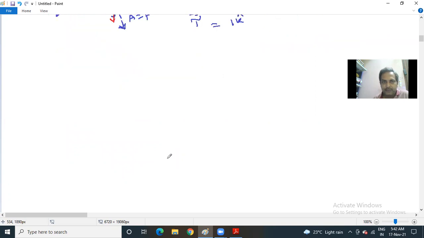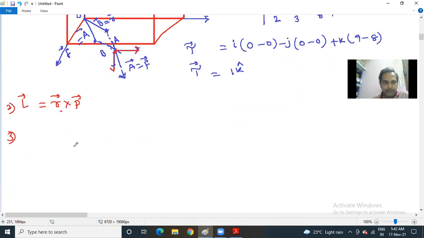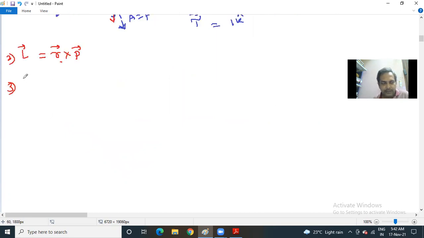These are the examples for cross product. There are other examples also. Angular momentum, this is the second example. Angular momentum is equal to r cross p. r is again the position vector, p is the linear momentum. This is also one of the examples for cross product between two vectors. Let me give you a third example. Similarly, you have to imagine how the momentum and r lie in a three-dimensional space. Then next there is another example. v is equal to omega cross r. What does omega mean? Omega is angular velocity. r is again the position vector.